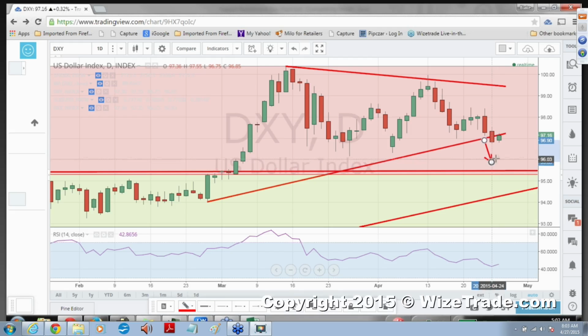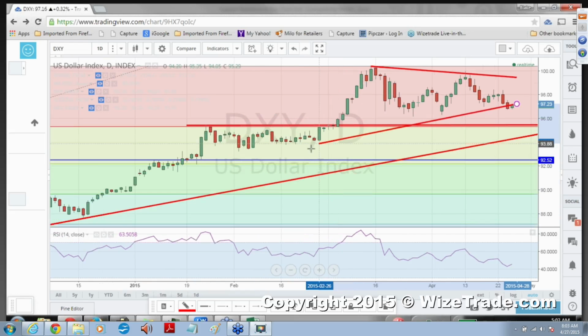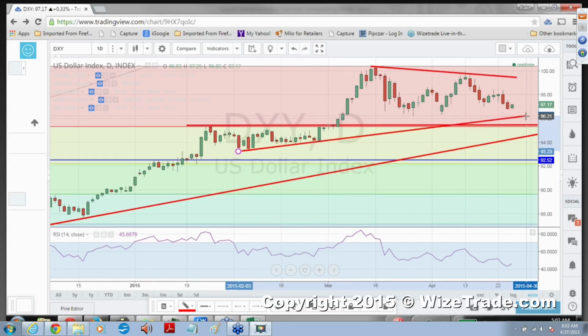So let's go ahead and delete this really quick. Delete that and delete that as well. Let's zoom out. Let's take this support here, and we may be looking at more of a triangle that looks like this, or